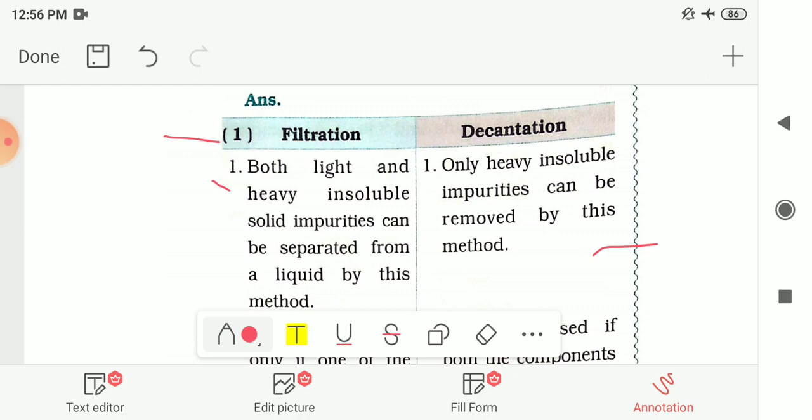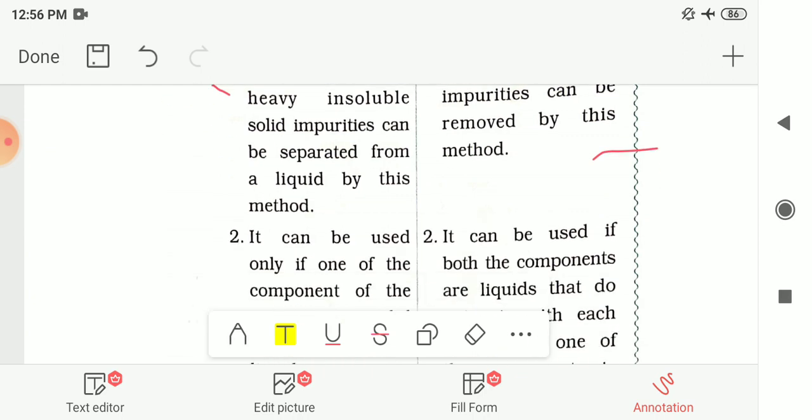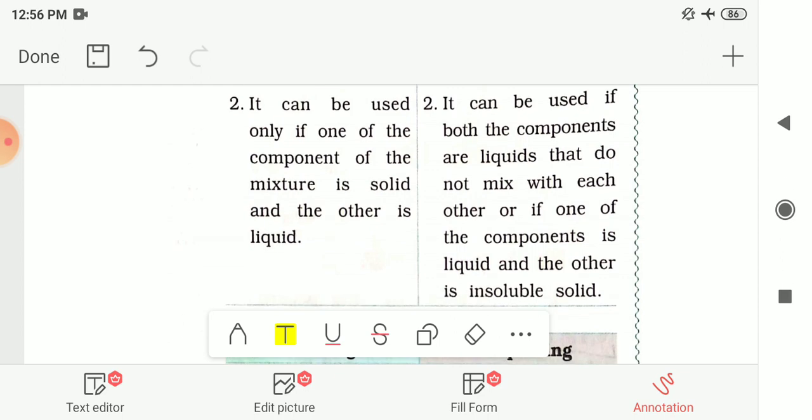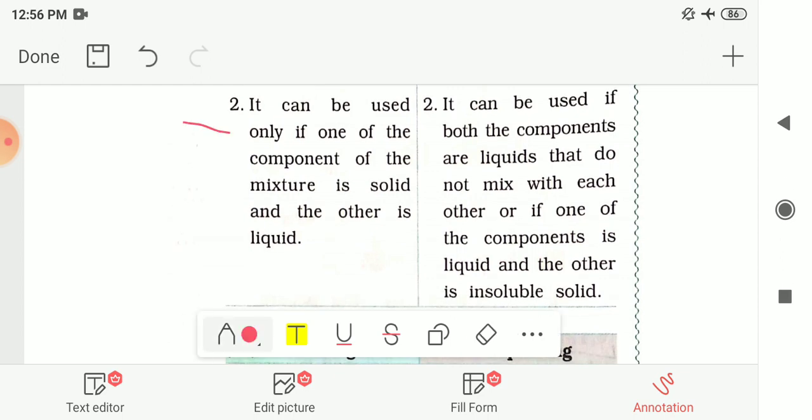Next point is, filtration can be used only if one of the components of a mixture is solid and the other is liquid. If in the mixture one component is in the solid state and another one is in the liquid state, only then we can use this method.